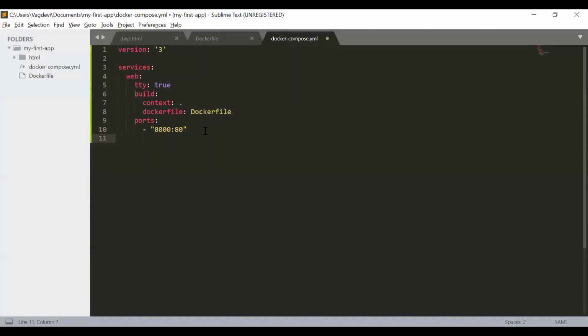Next, we shall define the volumes, and volumes will also be at the same level of indentation as ports, build and tty.